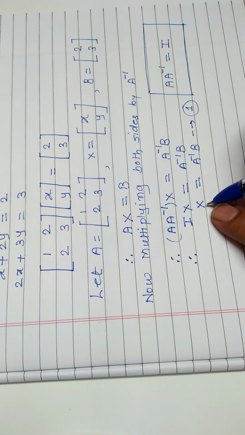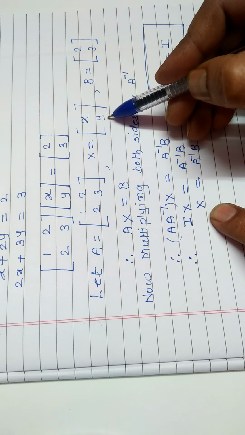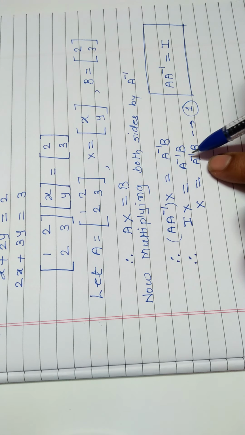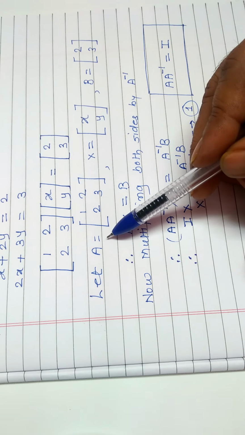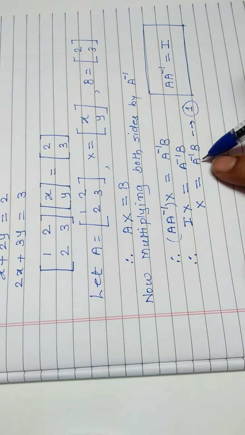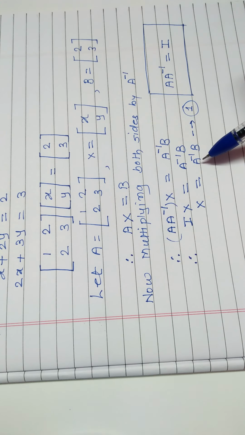Now we want to find the matrix X, that is [x; y], and for that we have the equation A inverse into B. We already have B, we don't have A inverse, but we have A. So by using A, we will find A inverse by the adjoint method. If you have any doubt about the adjoint method, please see the last video on the adjoint method which was sent to you by Real Academy Vada branch.